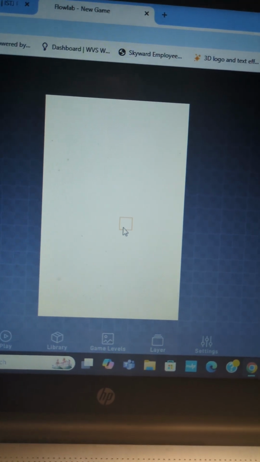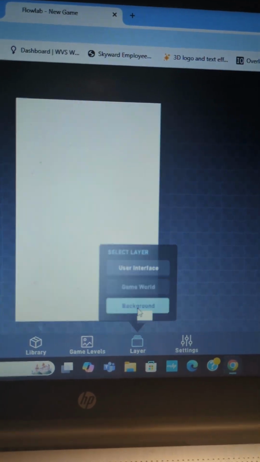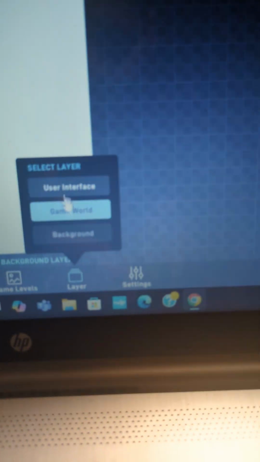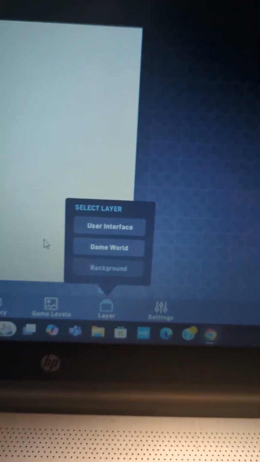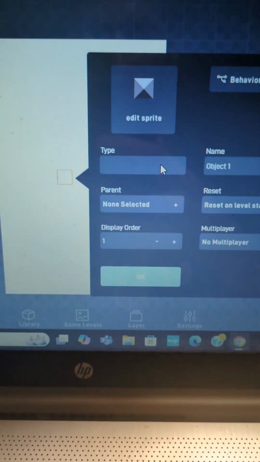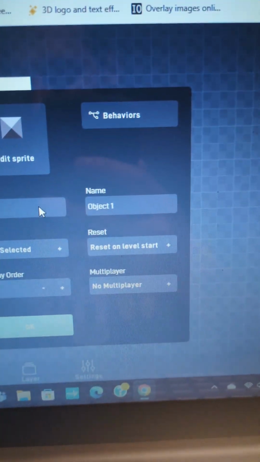Okay, let's get into the background. You can select different layers here, like user interface and game world. Usually when I'm making a background, I click background and create a background sprite. You can name it whatever you want, so I'll just call this